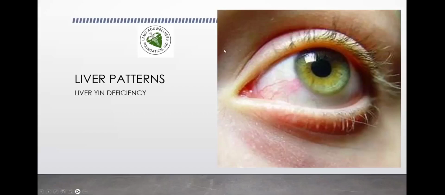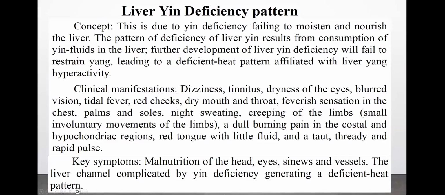Let's discuss liver patterns: liver yin deficiency. Concept: this is due to yin deficiency failing to moisten and nourish the liver. The pattern of deficiency of liver yin results from consumption of yin fluids in the liver. Further development of liver yin deficiency will fail to restrain yang, leading to a deficient heat pattern